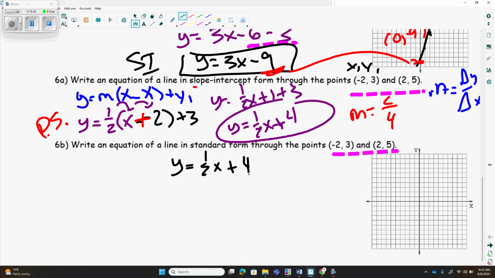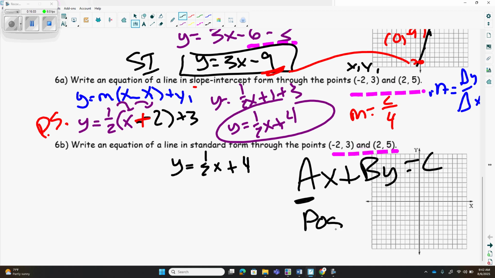It's at the top of the page. Nope. Standard form. Yeah, so we wanted to write it like this. Now, there's something special. It's the ABC equation in our math for lines. Now, what's really special is A must be positive,